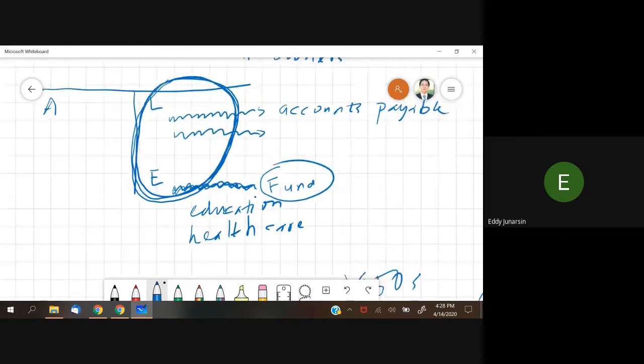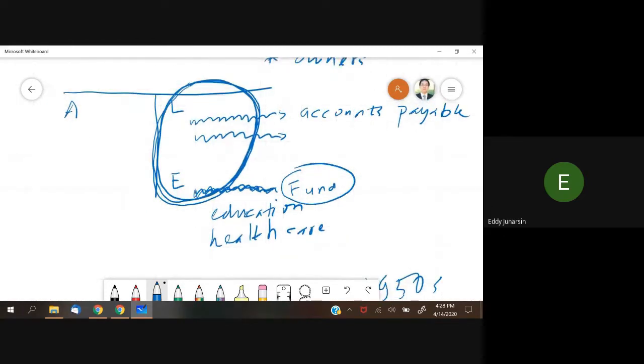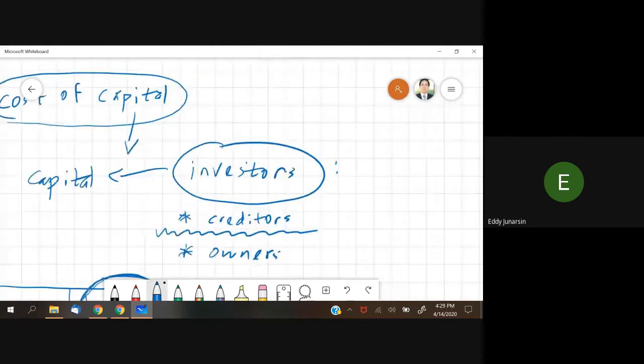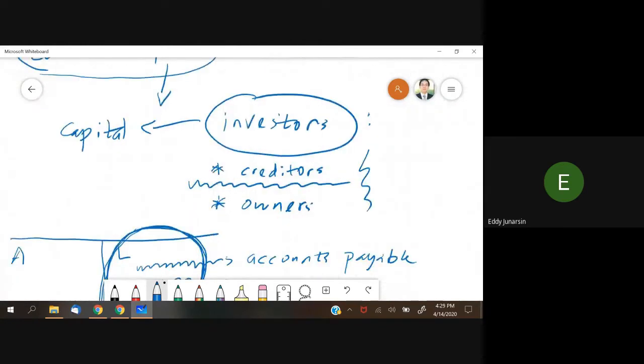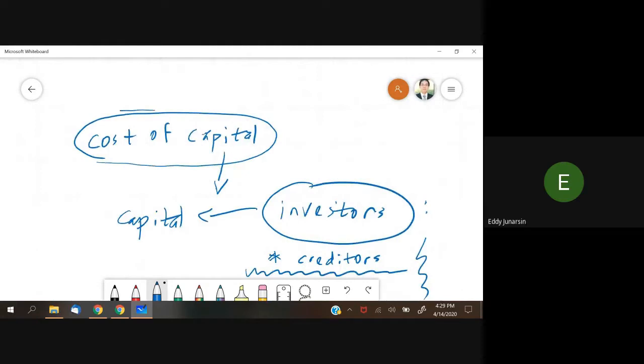Okay, so coming back to our story here, why are they called investors? Again, because they ask something in return, right? This is actually the more important determinant. They ask something in return, so it's not free. That's why, coming back to our story, capital is not free. So there is a cost of capital, because the capital that we employ in our business, our investment, our endeavor in making money is not free, right? It's supplied by people who want something in return. That's why there's a cost of capital.